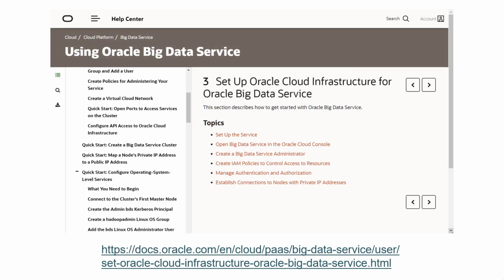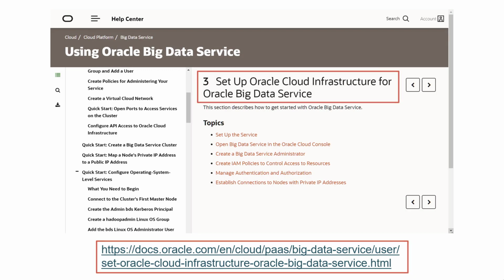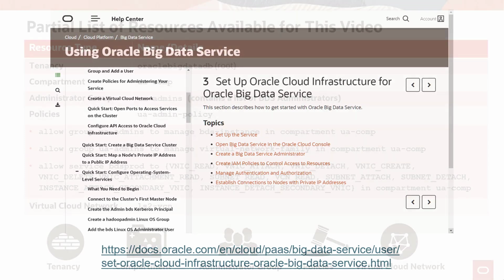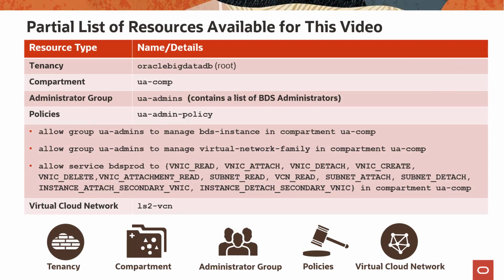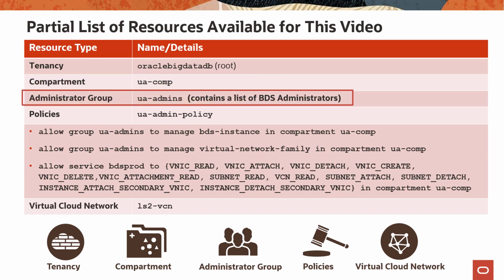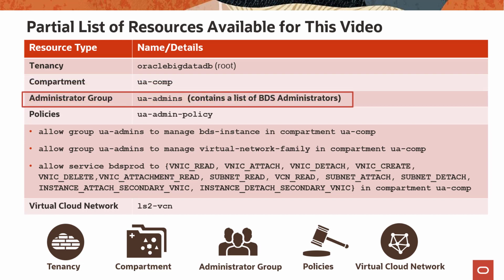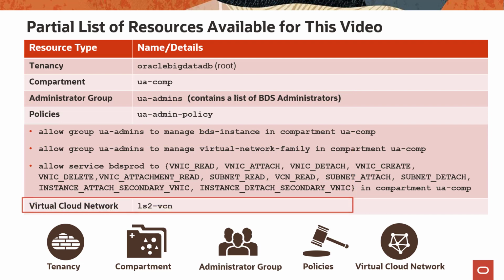Before you can create a cluster, a cloud administrator must set up your big data service using the OCI console. In this video, we'll create a simple CDH cluster using the existing resources shown on the screen, such as a tenancy, a compartment, an administrator group, a BDS administrator, policies, and a VCN. However, in later videos and in the BDS documentation, you can learn how to create new resources instead of using